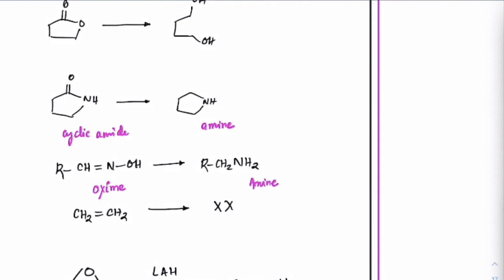The only reaction which does not take place with lithium aluminum hydride is simple alkenes or alkynes. If you check out alkenes or alkynes, they do not give the reaction easily with lithium aluminum hydride. Not terminal alkynes again, I am only talking about substituted alkynes. So alkenes and substituted alkynes, they both do not give this reaction.